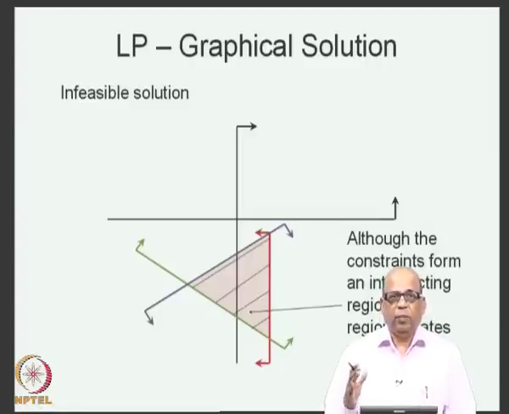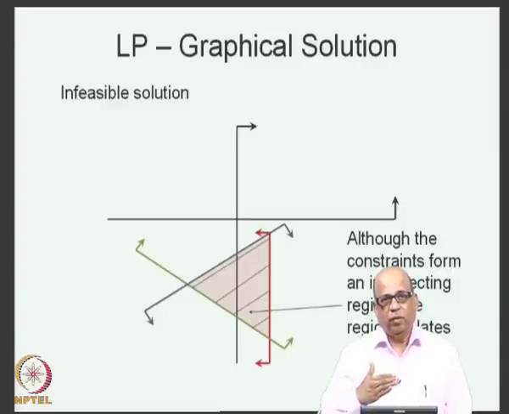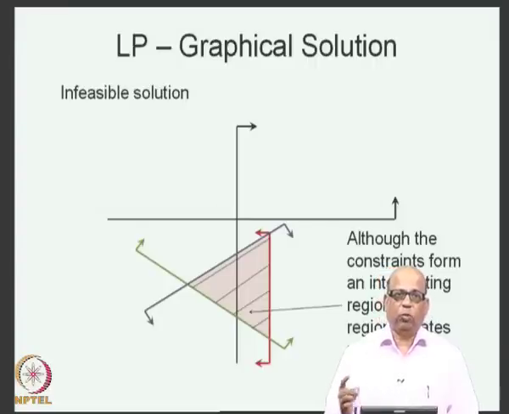So, in the graphical method, we have now identified 3 special cases, and in fact, these 3 special cases pertain to any LP problem, not necessarily because we are solving it using the graphical method. The first one is that you may have multiple solutions when the z line is just coinciding with one of the boundaries of the feasible regions, and therefore, any point on this boundary becomes an optimal solution. Therefore, you have infinitely many optimal solutions, all leading to the same optimal value of the objective function. These are multiple solutions.